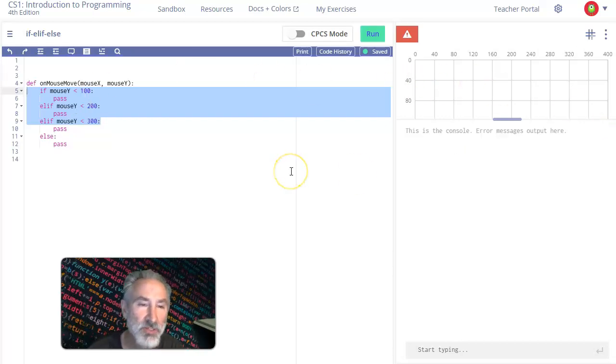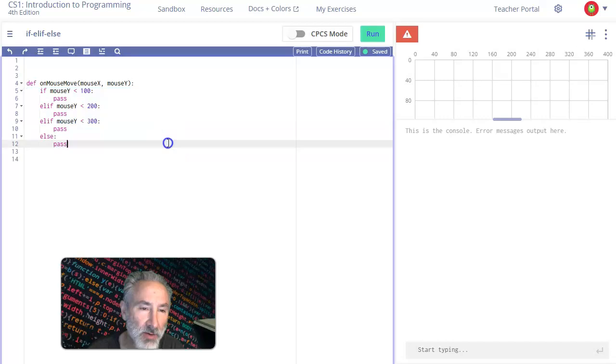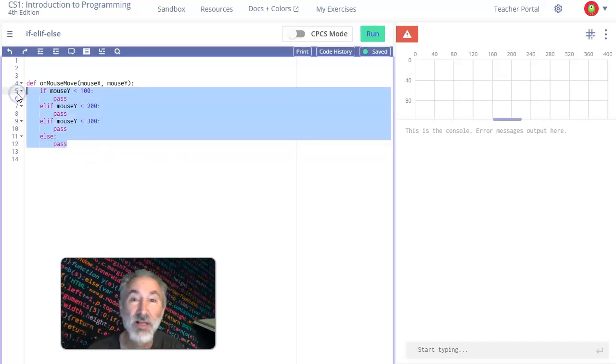Anyways, we're gonna work with else for now so that you can see an entire if, elif, else structure in action. Notice that I've highlighted all the code, and when you put it together and you have all of them, the if, the elif, and the else, and all the bodies of the code of all of those,